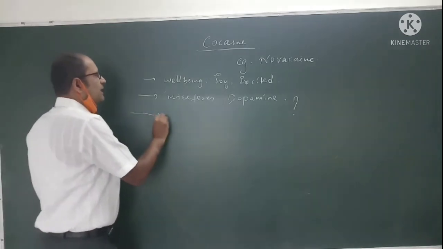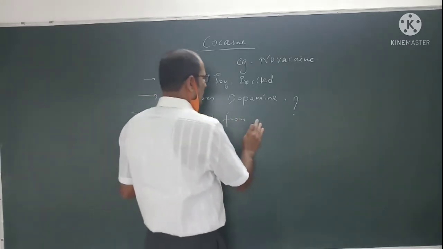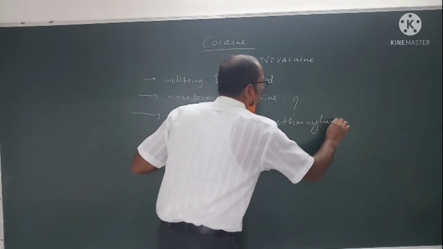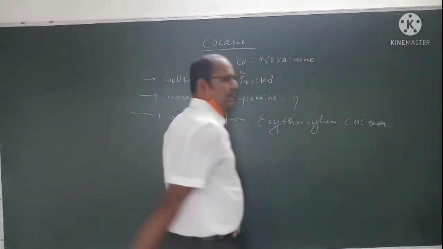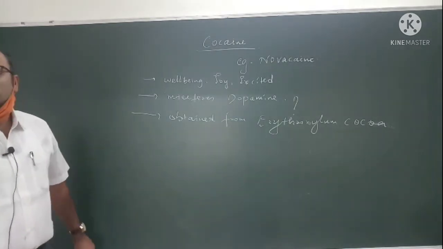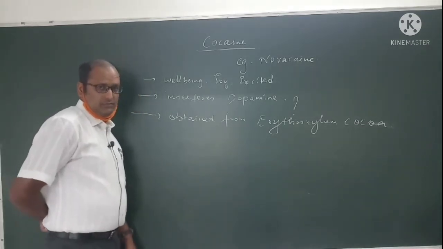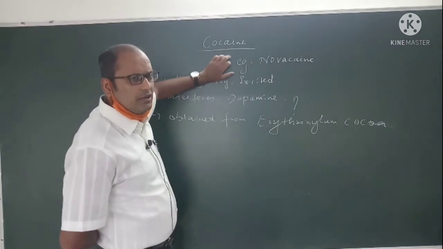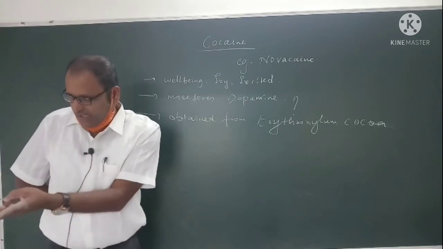Okay, so cocaine is obtained from where we extract it. That is the point here. Erythroxylum coca, the coca plant. Cocoa butter you would also have heard of, which they add to chocolates and all, like Dairy Milk. Erythroxylum coca. So this is the scientific name of the plant from which we extract, what we prepare, cocaine.